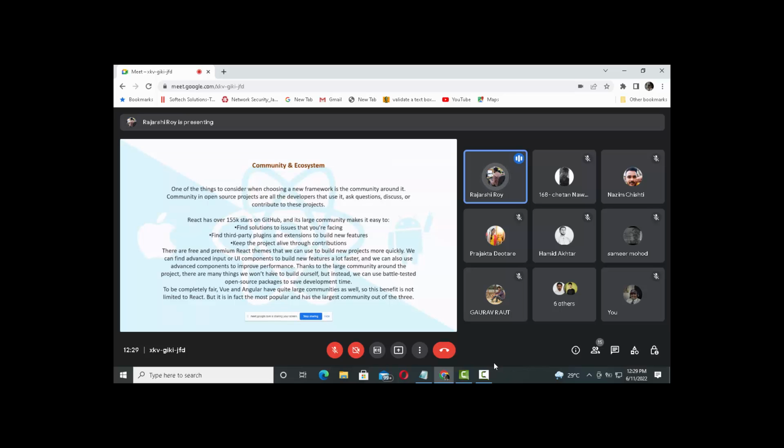So keep the project alive through contributions. As I already told you, in a single base, there are lots of developers who can work on the single base. There are free and premium React themes as well that we can use to build new projects more quickly. You can find advanced input or UI components to build new features a lot faster. And we can also use advanced components to improve performance thanks to the large community around the project. There are many things we won't have to build ourselves, but instead we can use battle-tested open source packages to